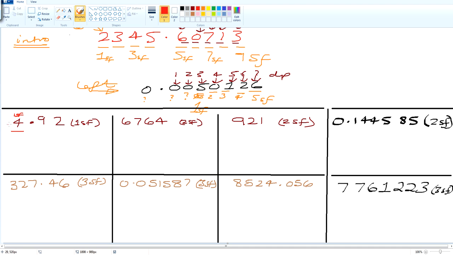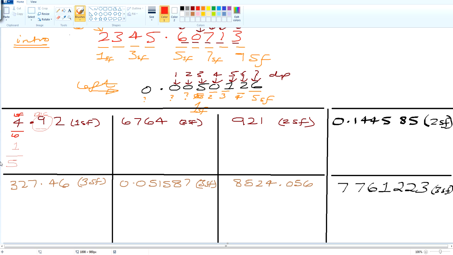Now, when we do first SF, we do the normal rounding technique. We say that this is our last digit, and the next digit, let's get a thinner brush, is going to be called the decider. If the decider is 5 or more, we add 1 to the last digit. So 4 add the 1 will give us